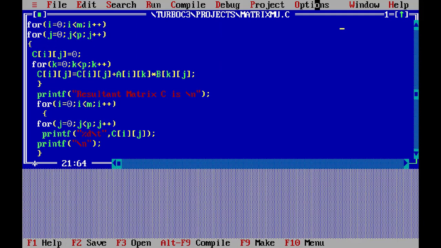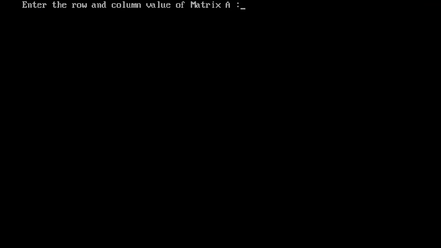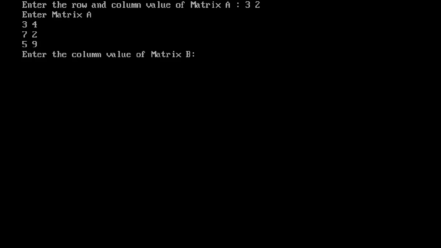We will take one more. We will do another example. You see, I'm running this program. See there, I'm giving the order of matrix A as 3 rows and 2 columns. I'm giving the first matrix 3 4, 7 2, 5 9.